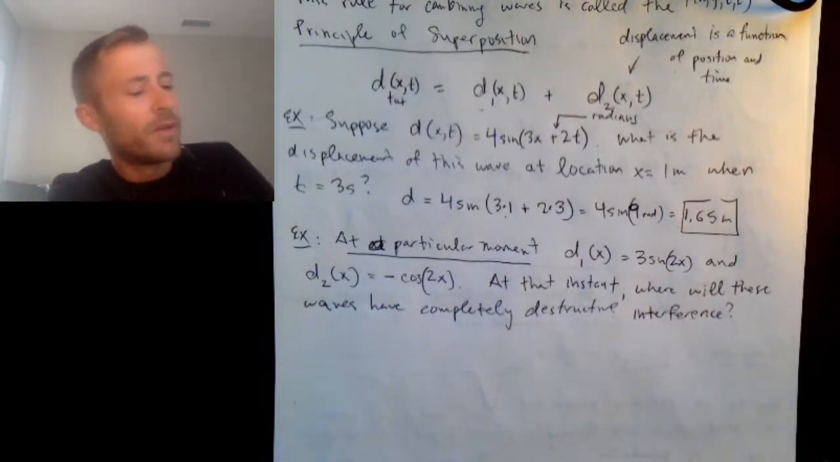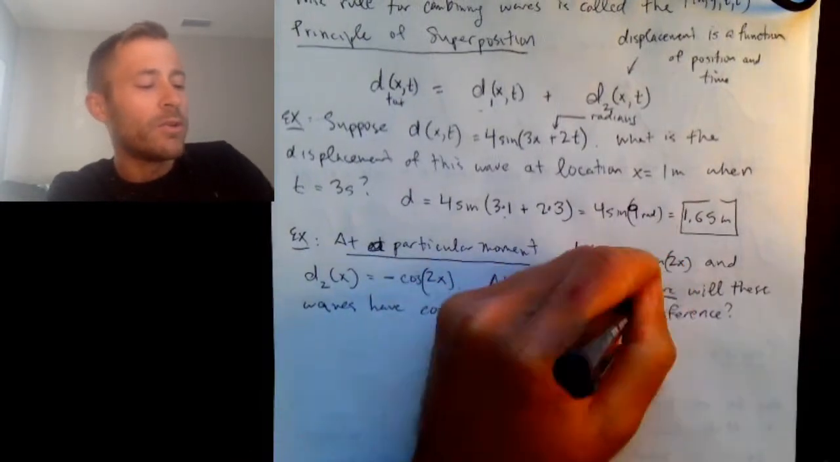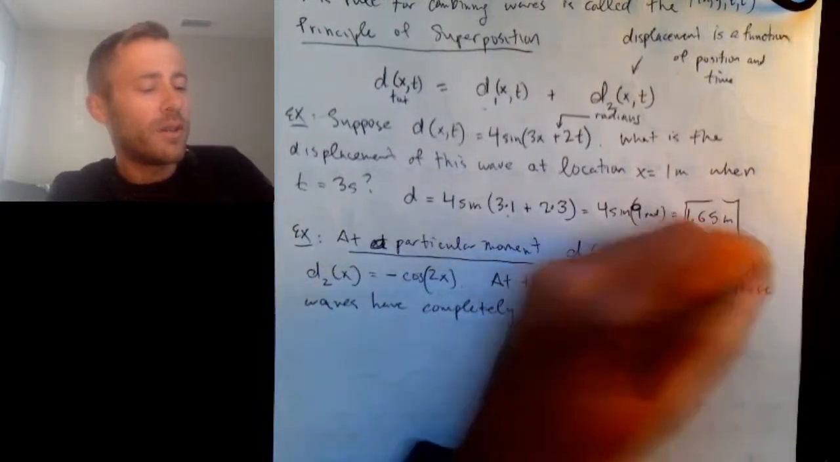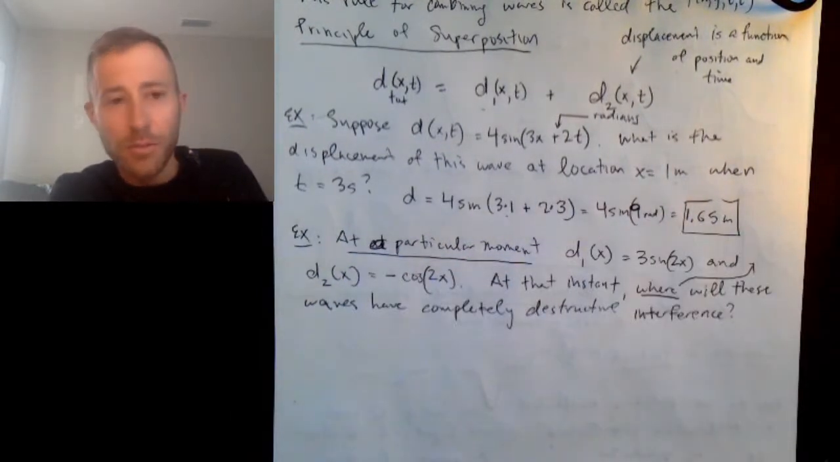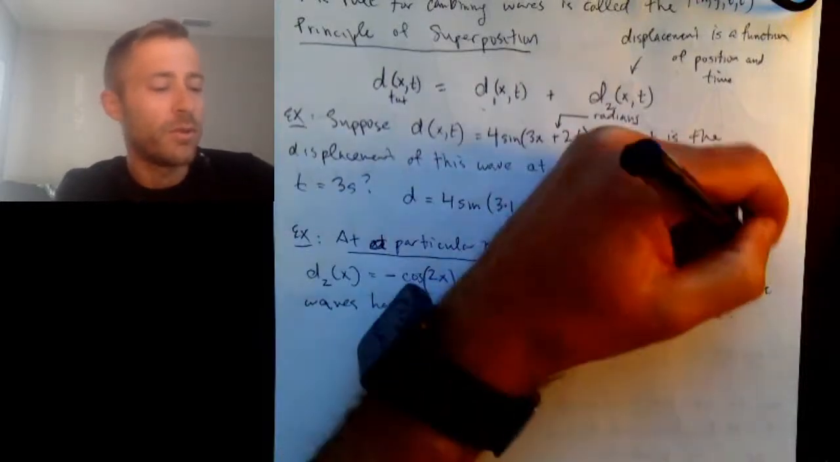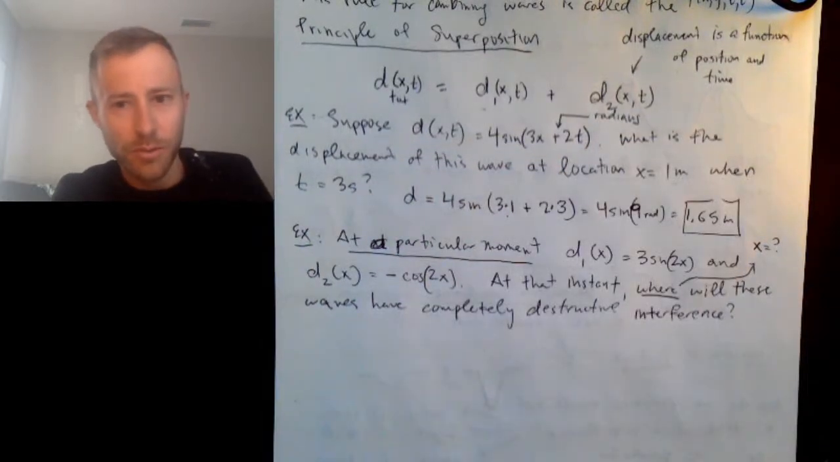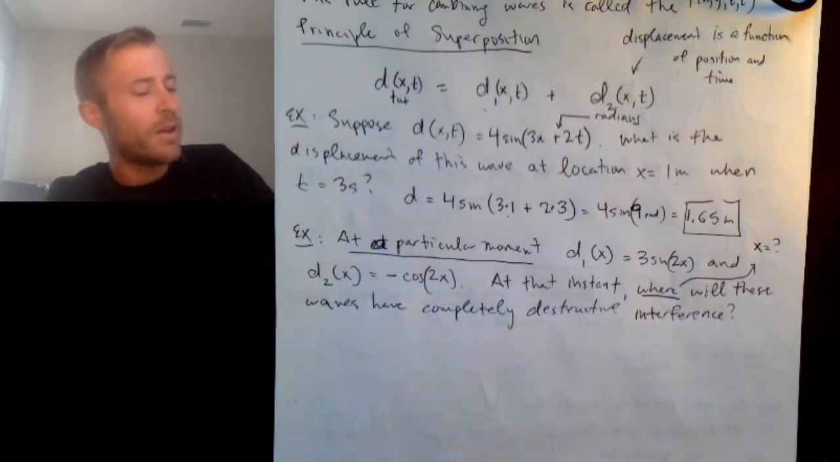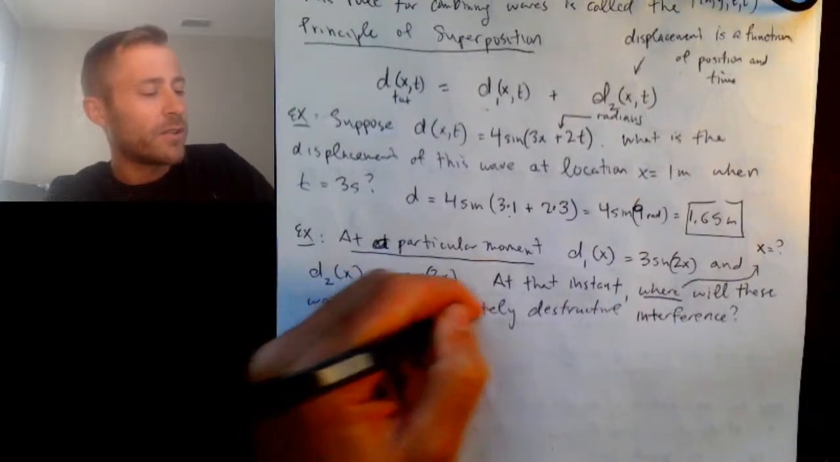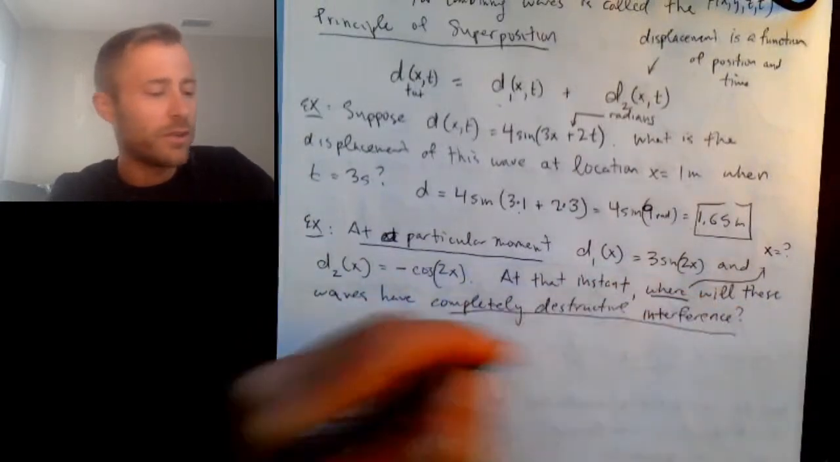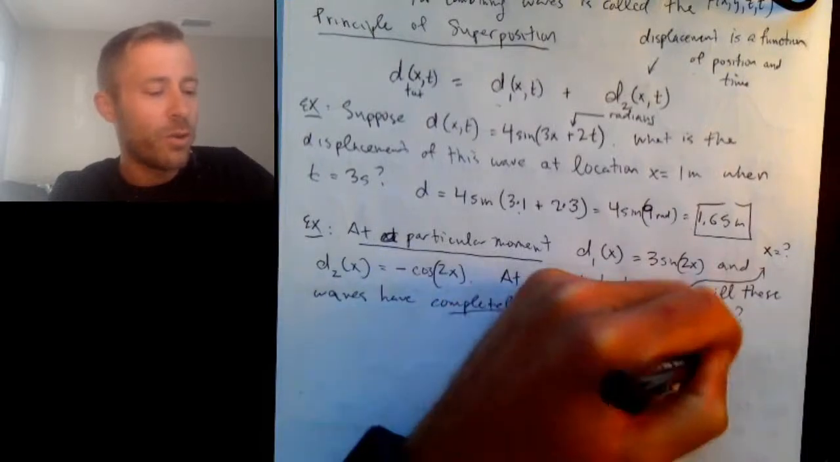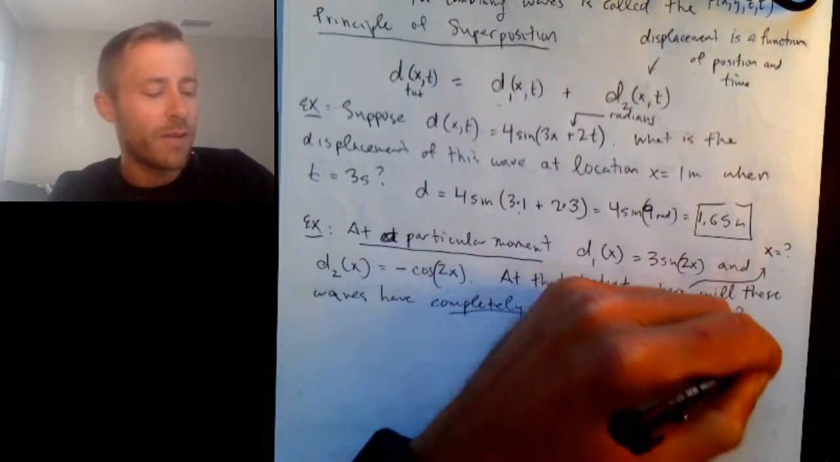So when I say where will these waves have completely destructive interference, what that means is we're looking for x. What is the x value at which they will have completely destructive interference? And the fact that it says completely destructive interference means that the total wave should have a value of 0